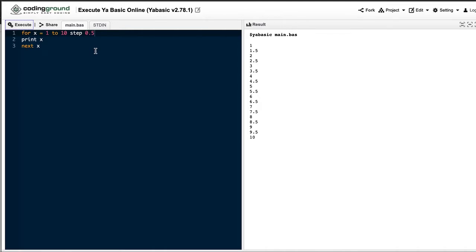Let us put a number which is not going to end at 10. Okay, so let us put 0.3 or something, and let's see which one is the last it produces. Get the point? Execute. So 9.7, right? Oh, it would have given a 10, huh?